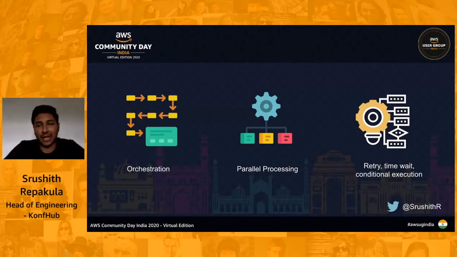Then we also have another advantage, that is time. A lot of times we have multiple Lambda functions running in parallel, and we want to wait until the previous Lambda has completed. For example, we are dependent on a file that is being uploaded into S3, and that processing is being performed by another Lambda function. We really don't know how long that might take. It might take a few seconds extra.